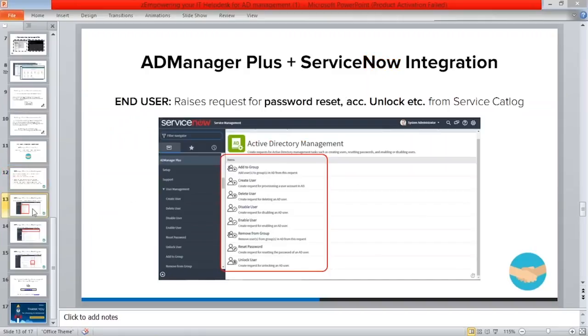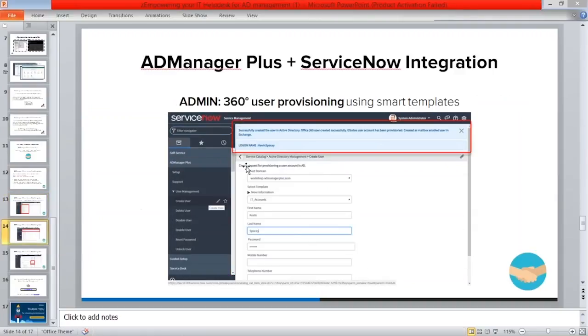So just a few more screenshots, the ones that could probably help you understand the whole process better. Once the service catalog is enabled, your users can make requests for any of these tasks that are listed right here. Then after having the integration setup, and after having received the request, your administrator or technician can perform a task like user onboarding,